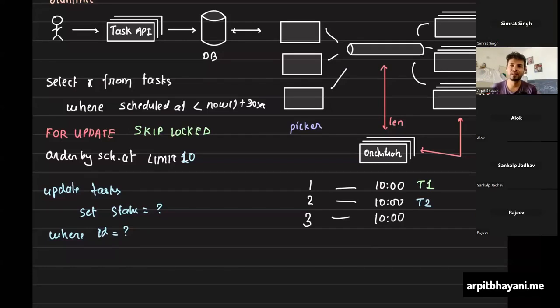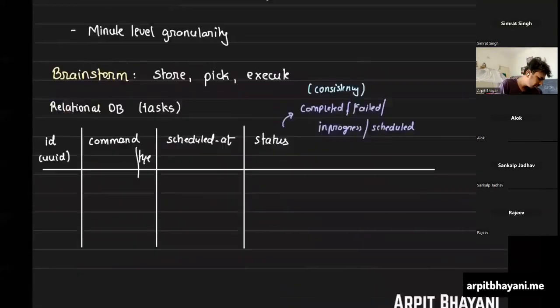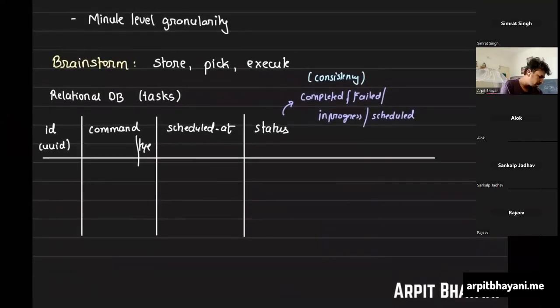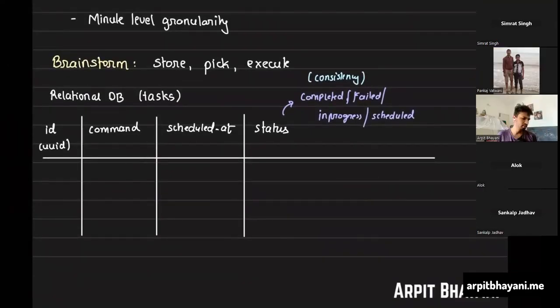In the DB only. We can have it in this table or in a separate table. Why a separate table? Give me one reason to have a separate table. I feel it keeps the system simple. There has to be a reason for you to pick a second table. I was thinking of that recurring cron. Don't jump into that. Solve this problem really well first and then extend the solution.